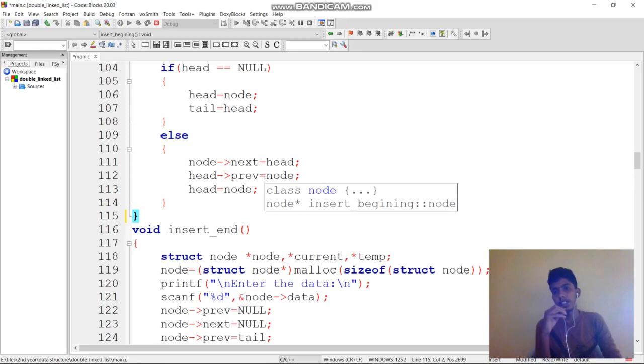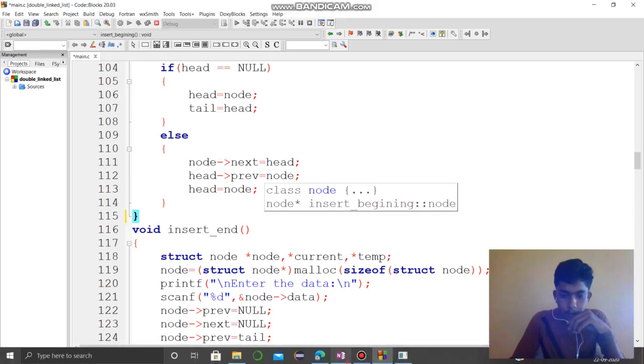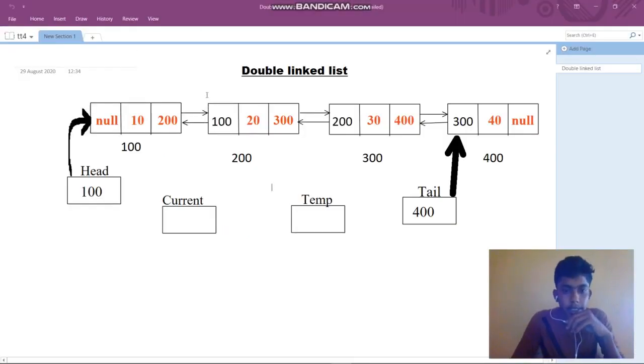So that node address is stored in node of next. See here, initially this is the first node. We are going to add this node, the node I have created. Head is pointing to 200, the head value is 200. The 200 is stored here, that is, node of next.